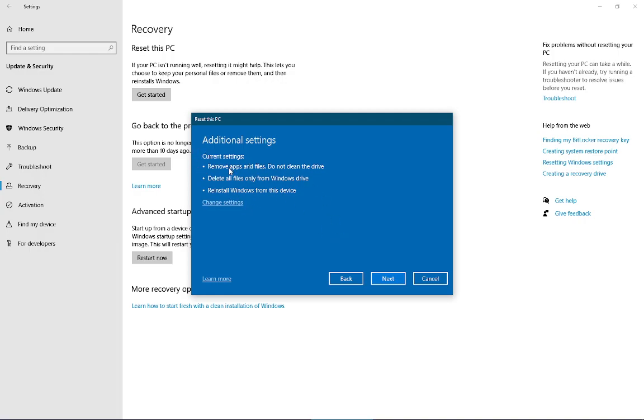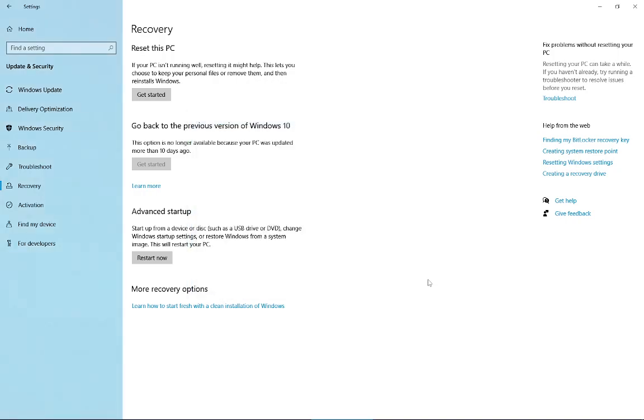Then we check our settings here: remove all files, not a clean drive, delete files only, and reinstall Windows from this device. If you hit Next, it'll take you to that last confirmation screen, which I'm not even going to go to right now. So that is how